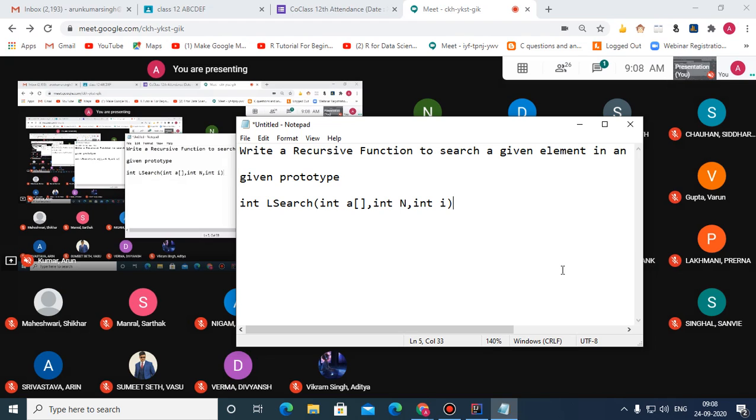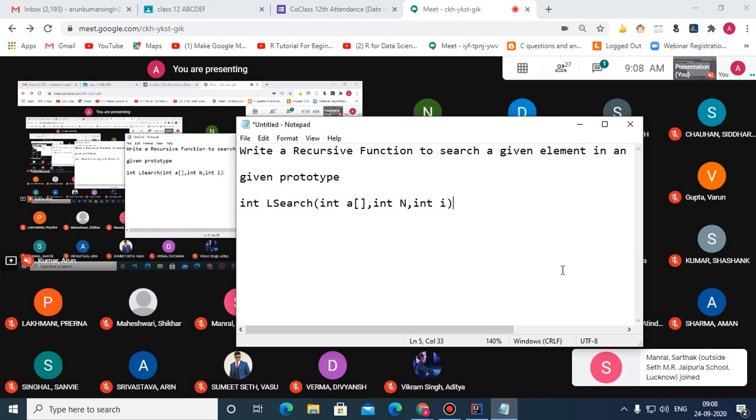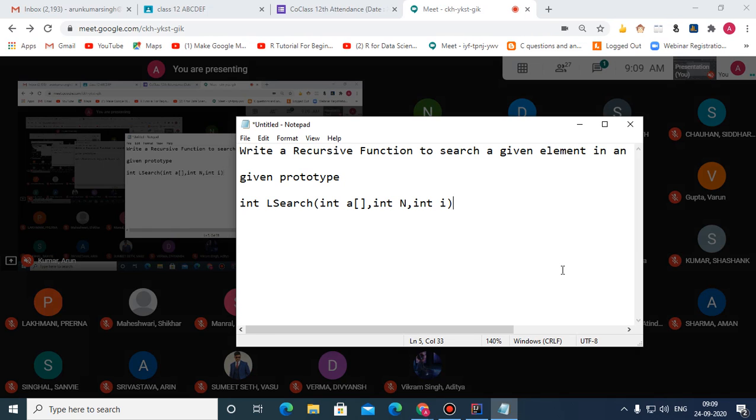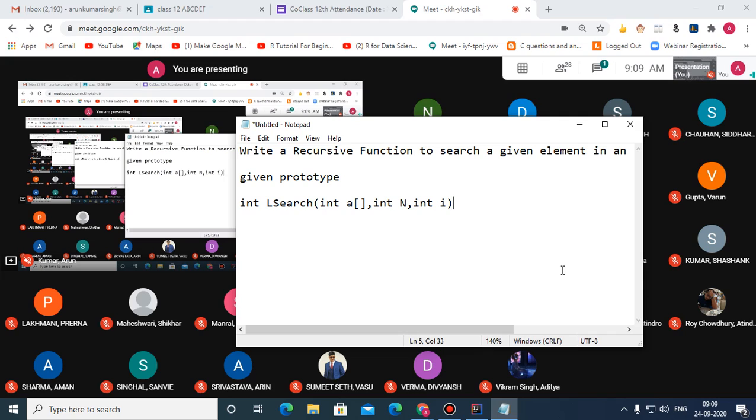This A is the array holding the list of the elements. And after writing, only write the function. Only write the function. And after writing the code, please post the code in chat box.